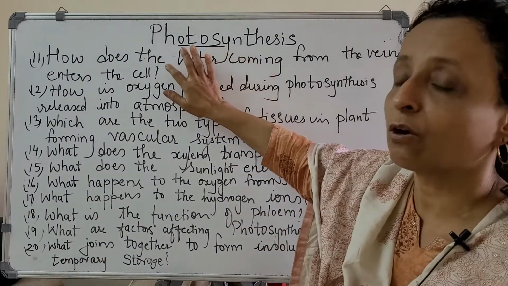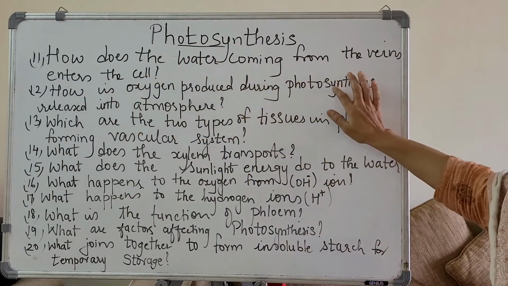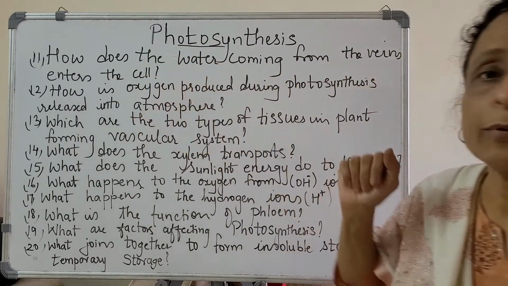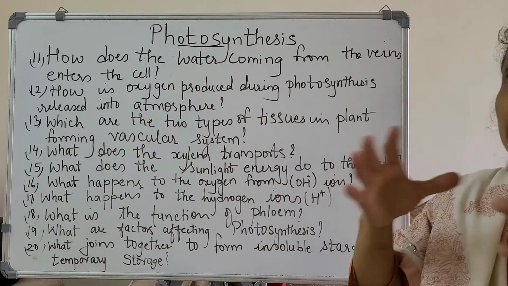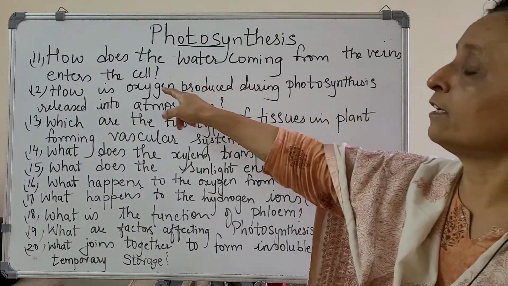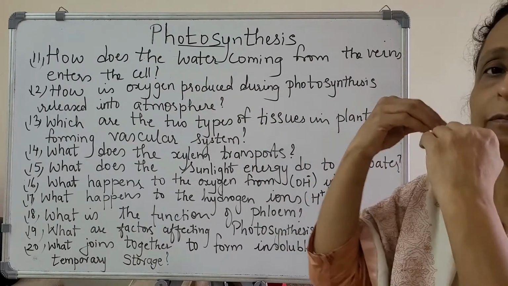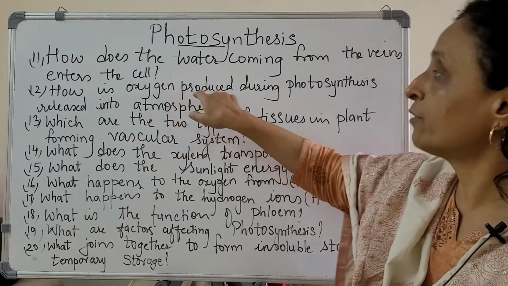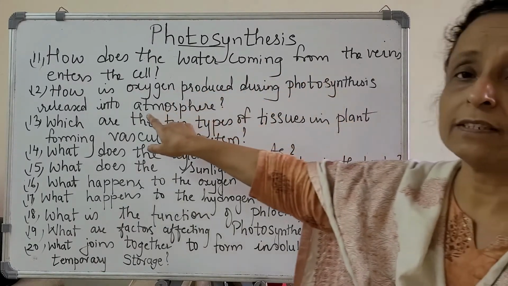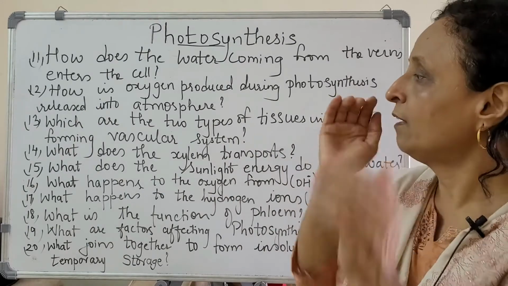The answer is osmosis. How is oxygen produced during photosynthesis? Released in the atmosphere by the stomata. Stomata are the openings which allow the release of the oxygen. They are guarded by guard cells. There is space in between. Whatever oxygen has been formed during photosynthesis is released in the atmosphere by stomata, the openings in the leaf in